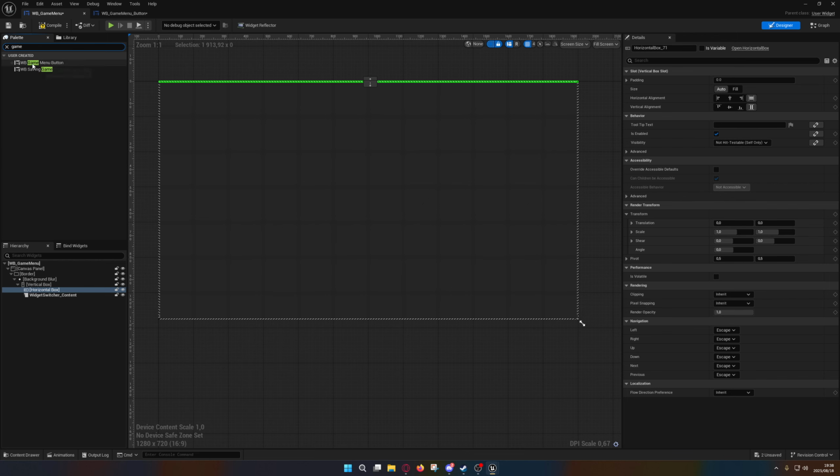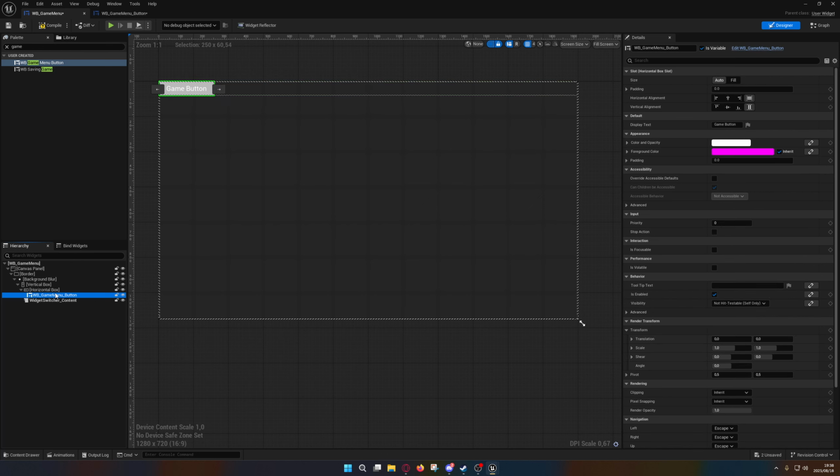So what we're going to do now is we're going to add this game menu button to our thing. So here it is, game menu button. Add it to the horizontal box, and we're just going to make maybe 4 of them. And now we can see if we come to here, display text, we can change what's in here. So let's just say this is our map. Then you can see we've got a map, and then this one will be codex. Now let's say costumes for the future,